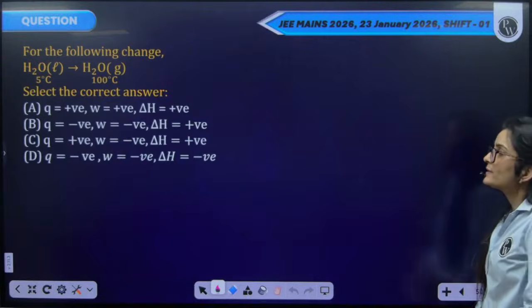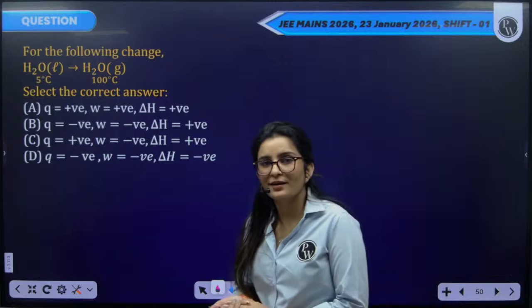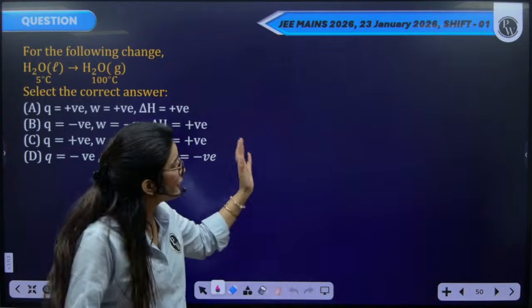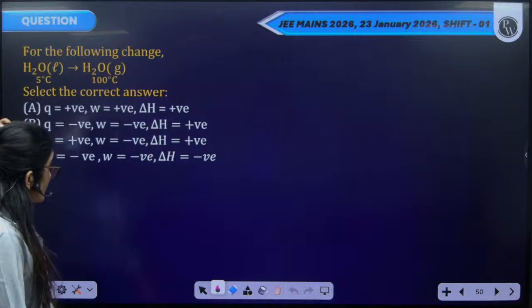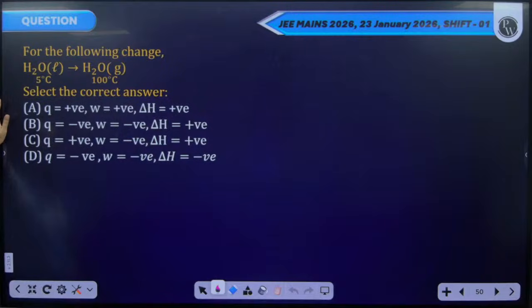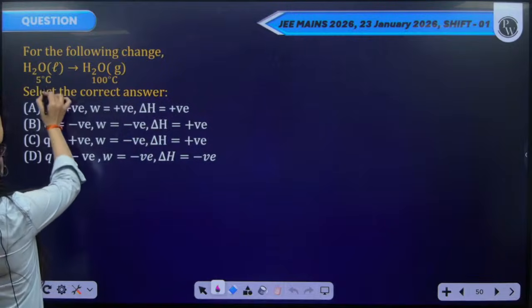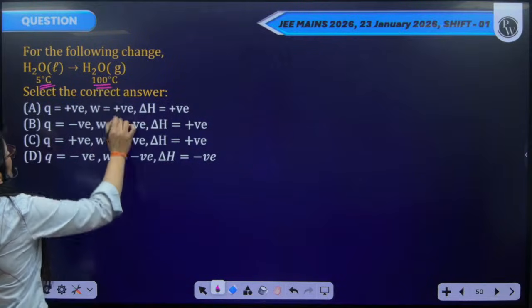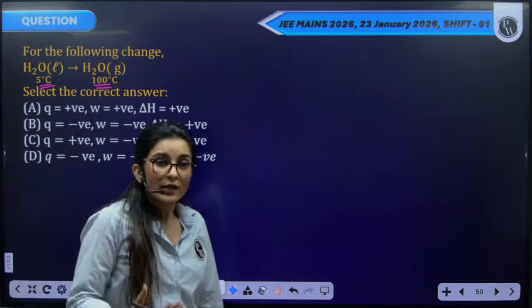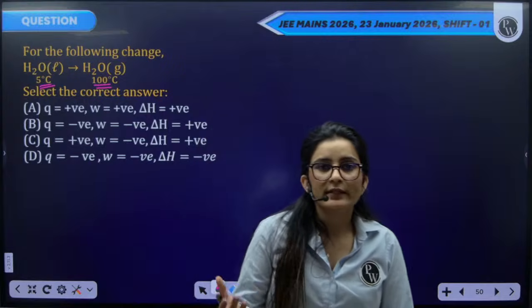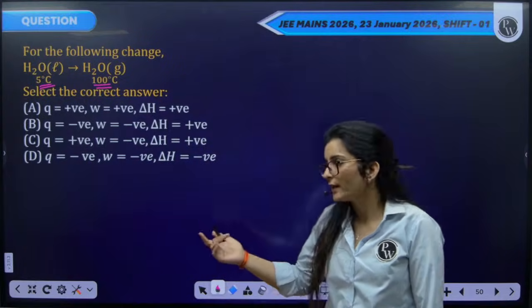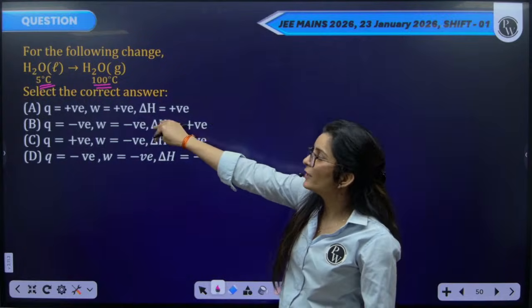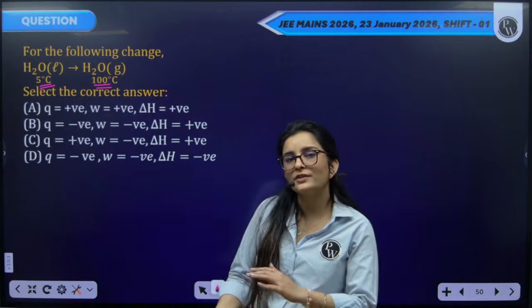Yeah. Next, you can see the following changes. You can clearly see this liquid is getting converted into the gas. As this liquid is getting converted into the gas, here the temperature is 5 degrees Celsius and here the temperature is 100 degrees Celsius. So if you want to increase the temperature, obviously you will have to do the heating. So here if you will be doing heating, obviously you will have to give the energy from outside,